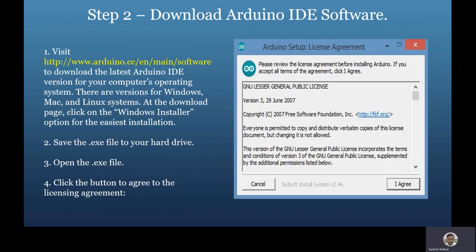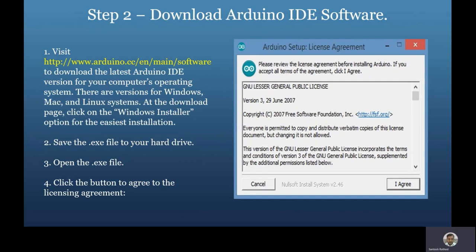Next, step 2 is to download the Arduino IDE software. Here we can visit www.arduino.cc, the website of Arduino, and in the software section we can download the latest Arduino IDE for our computer operating system.